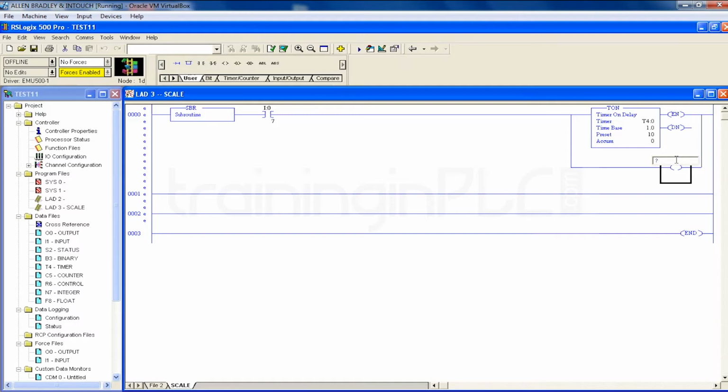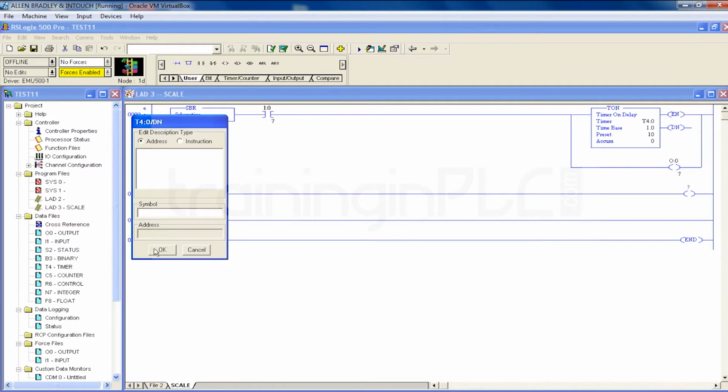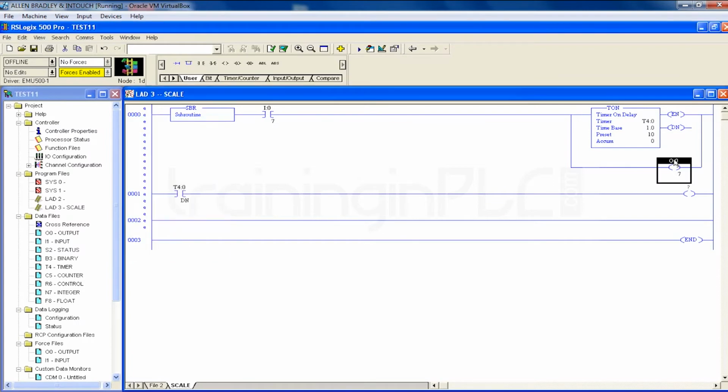One more output I'm connecting here. And here I'll get the timer's done bit, DN, to turn on one more output. And one more output you are connecting here.